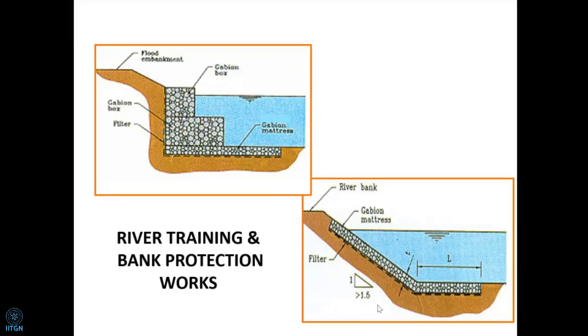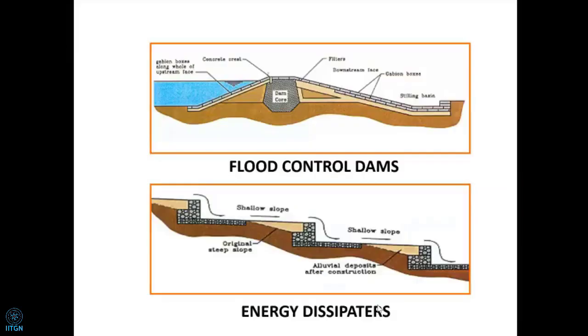Now, using this gabion and filter for river protection, there are a number of structures. Now I will show you. These are all just views and opinions. In some cases where there is a deep cut, you have to go for a gabion like what you see in the left top corner, or you can go in a shallow slope, then you have to use it as you have. You see always there is a toe, there's a filter, there's an armor. It can be used in dams, in spillways. It can be used as an energy dissipator. In fact, we have used it also as an energy dissipator in Surat.